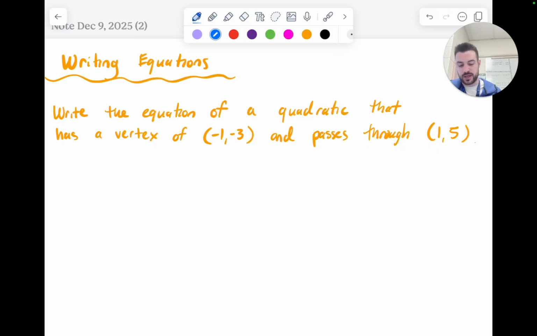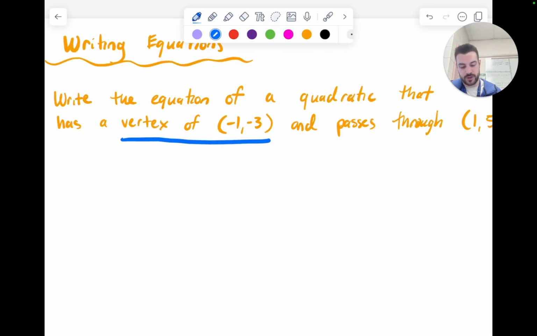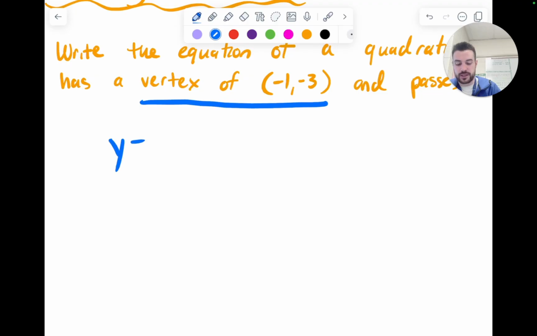This problem says write the equation of a quadratic that has a vertex of -1, -3, and passes through the point 1, 5. Now, the key information that they're giving us is the vertex. What that means is we are going to want to write in vertex form. If they're giving us that information, we can get closer to our equation by starting there. So vertex form looks like this,